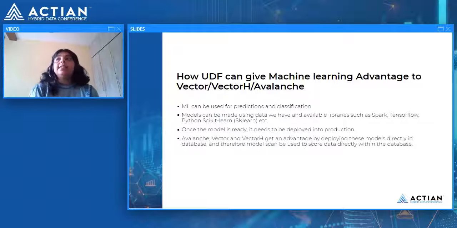These libraries are so good that we just write one line of code and the model is ready for us. Now our problem is how to deploy this model, and where to deploy it. There are many ways to deploy a model, but in our case we would be deploying the model directly into